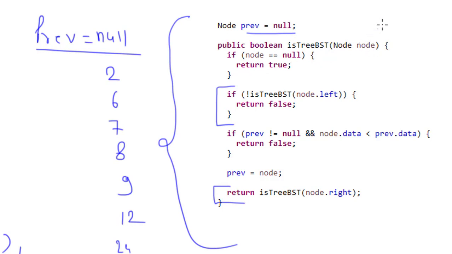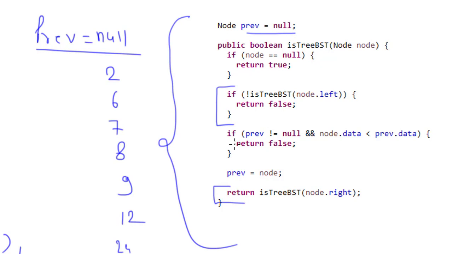So what is happening, we are just passing the node like we do in-order, and here we are checking if node equals null, then we can return true, right? That is fine, we can return true in this case. Now, for the left subtree, if it is not a BST, then I can return false, right?